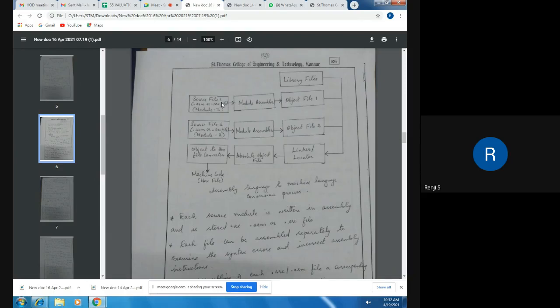Since it is high-level language to machine language conversion, the middle block will be substituted by a module compiler. So the block diagram will be the same. If you study one block diagram, you can apply it to both, just modifying it for the next section.